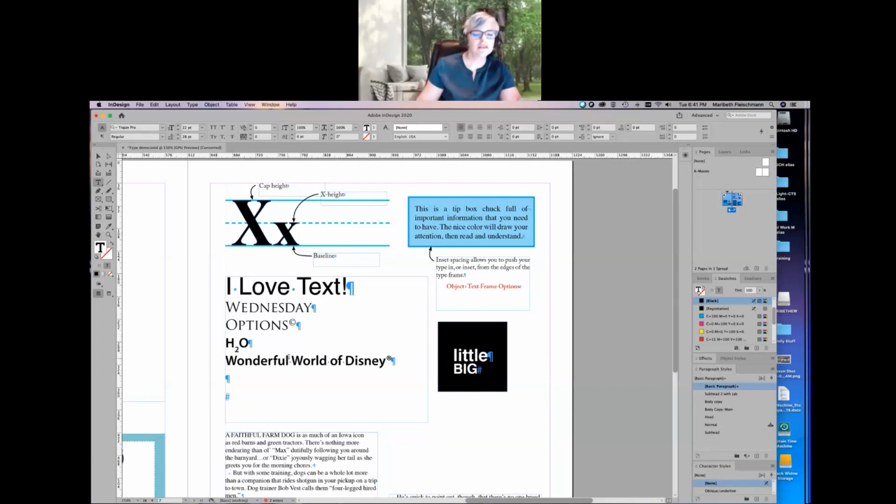So I'm just going to select with my type tool the W in the word world. Baseline shift is a command, or a control, that allows us to push a letter up from the baseline or down below the baseline. It looks like a capital letter A with a smaller a levitating next to it. That is our baseline shift. So I can push it up 1 point at a time if I need to create some sort of magical effect there. Or I can bring it down below the baseline, and perhaps I'm going for more of a drop